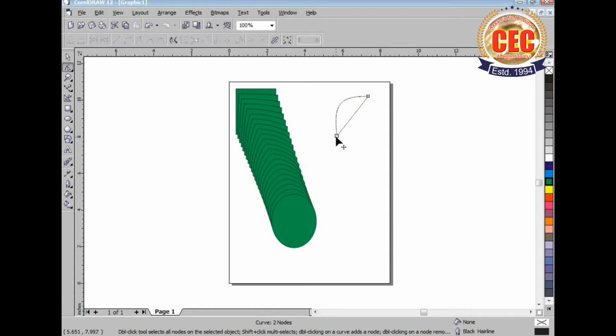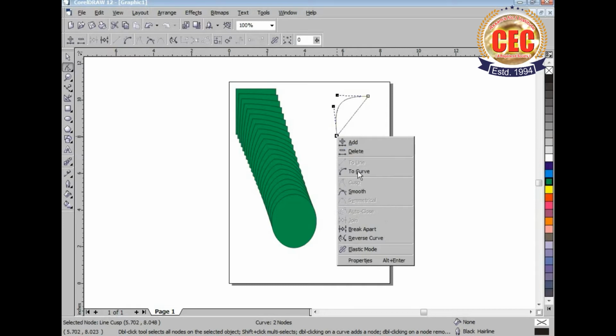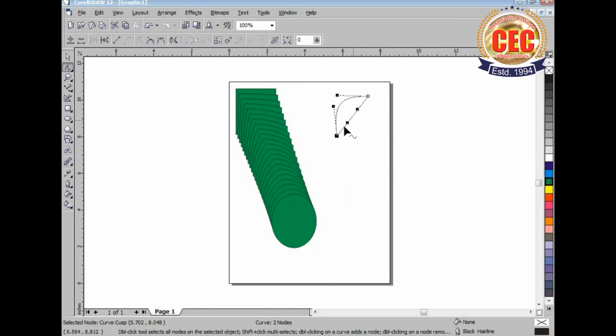Now it has become a straight line. After this, click on this node, right click on it, select the to curve option and drag it this way. So it has become a leaf shape. This way you can convert a square or a rectangle into a leaf.